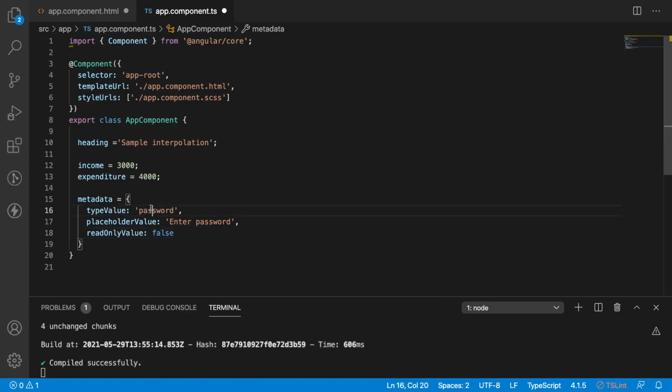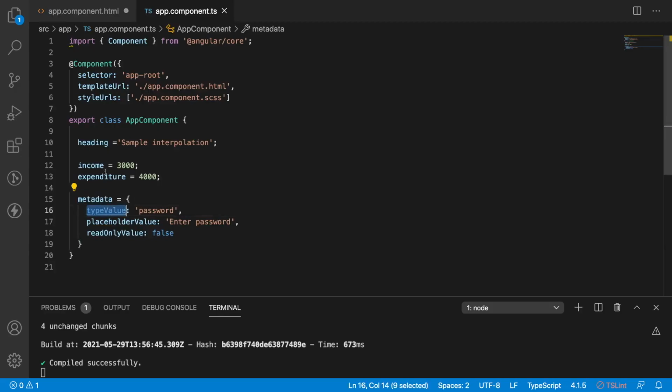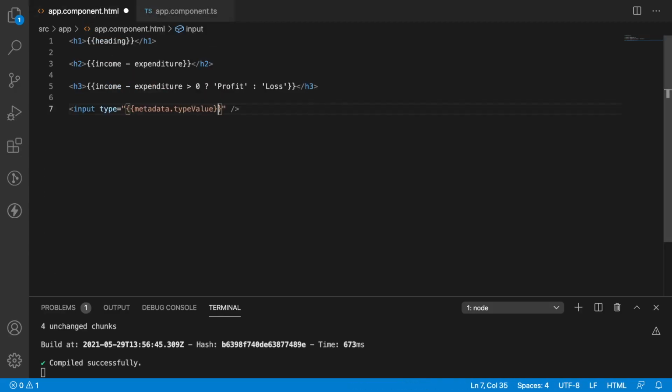So now I want to bind this metadata with my input field. Let me save this. Go to HTML and interpolate your property with metadata dot type value, and then another property called as placeholder.